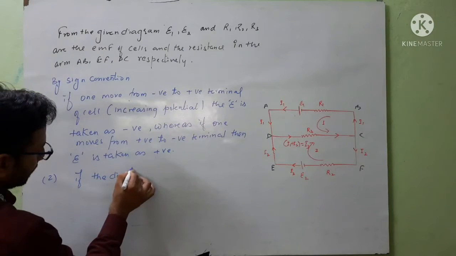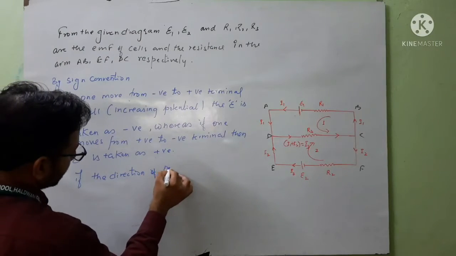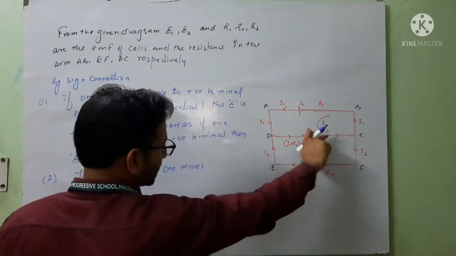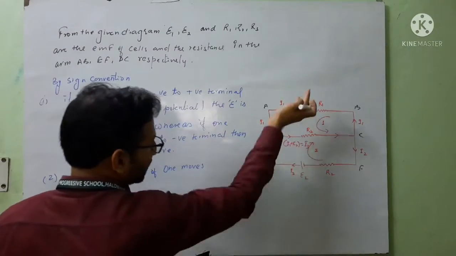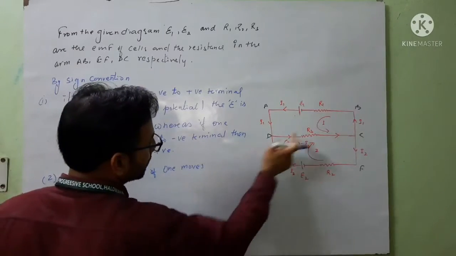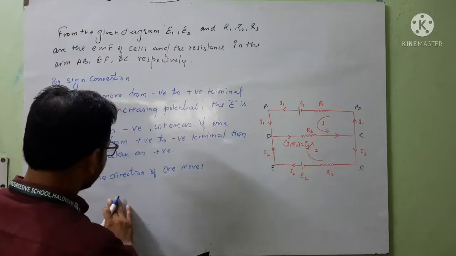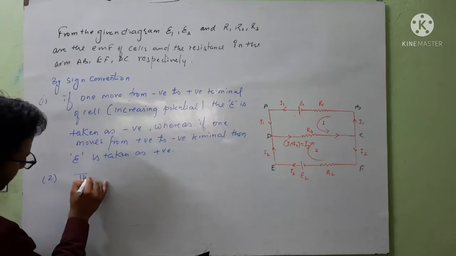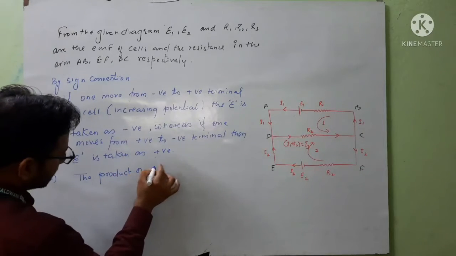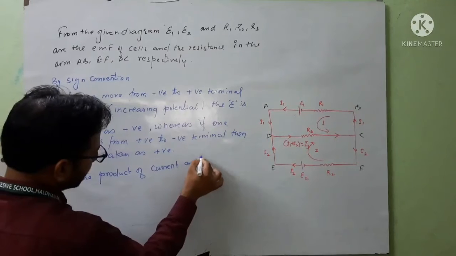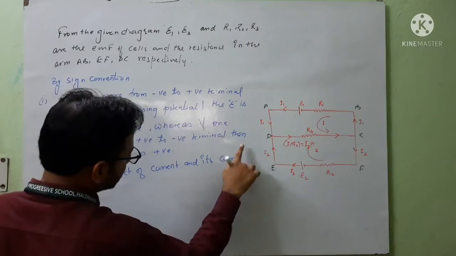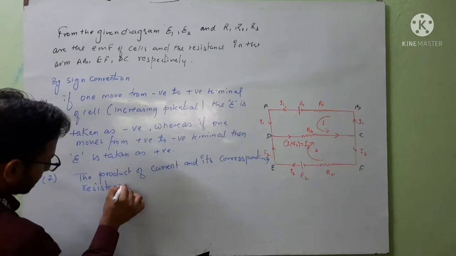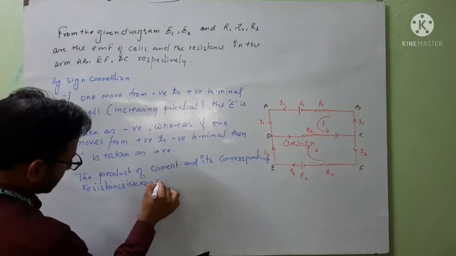Second, the direction of movement which we are taking, whether anti-clockwise or clockwise movement: the product of current and its corresponding resistance is taken as positive